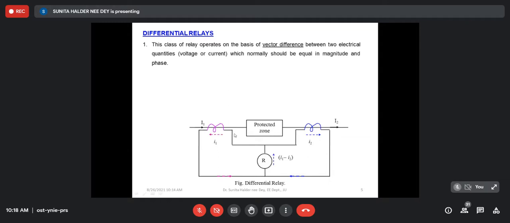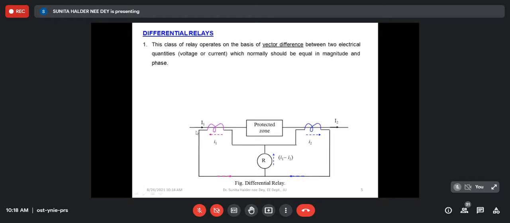So actually these are two different circuits, these two different paths. You do not consider the CTs, you consider the current. So current is going towards one zone, another current is outgoing from that zone, or say this protected zone you may assume as a circuit, a part of the power system, a block. So in that way, I1, I2 at normal condition will not be the same, but the direction of I1 and I2 under normal condition are as shown in the figure.